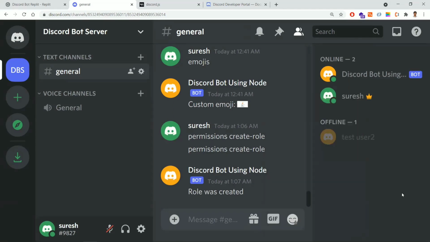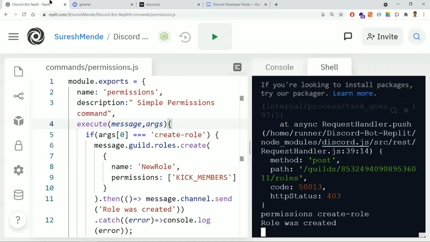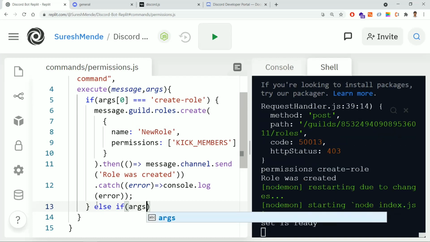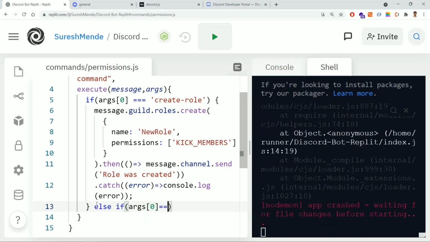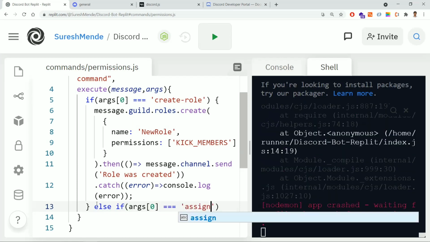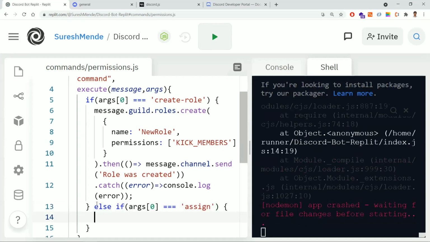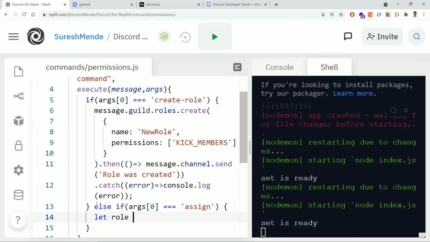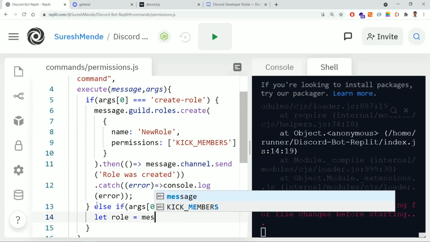So let's do the same with the coding. Here I'm using one more command just to assign. So else if, I'm writing one more command, args[2]. I'm taking the second argument as assign, just to assign the role to the respective user. So what to do? First I need to check whether the role is present or not. For that, let role = message